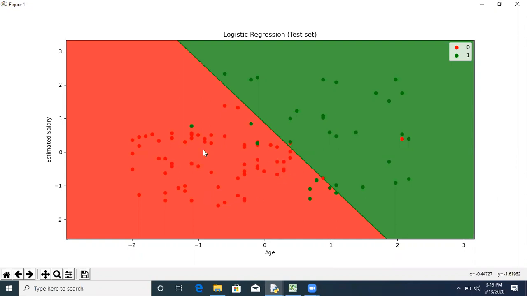So according to this algorithm, if any new person having some age and some estimated salary is there, your machine can predict accurately whether that person will purchase the product or not.